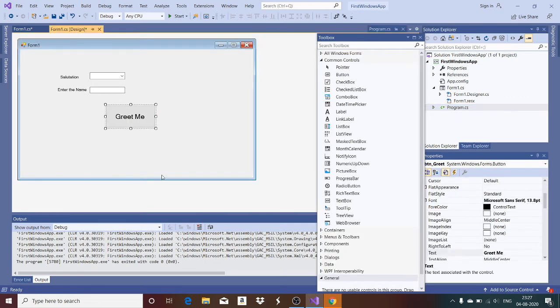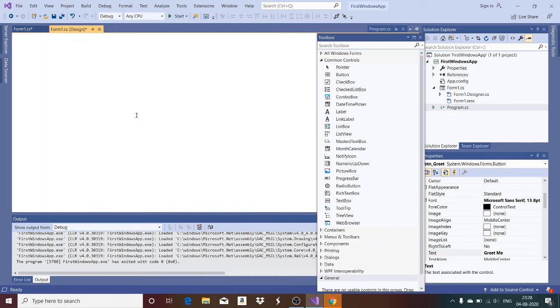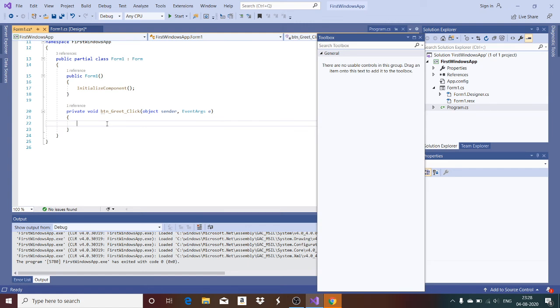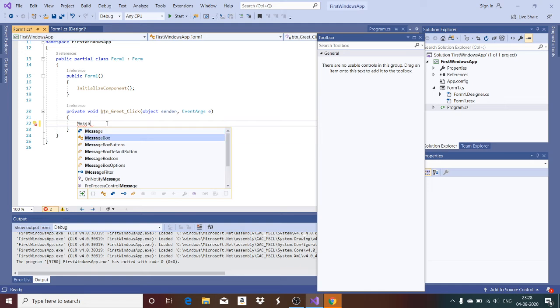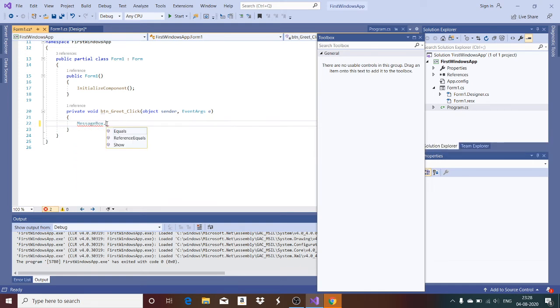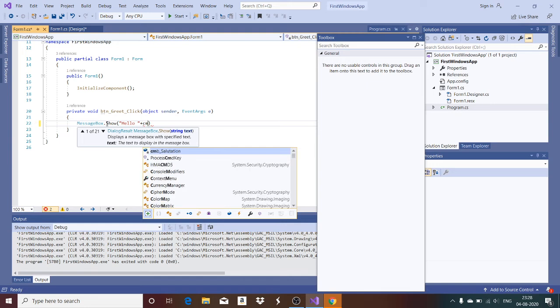I go to the design and I want to add the event handler. So I want to have code for the button click event. Double click on this. You can have a message box. I select a message box and I say show, and what I want to show, I just want to say hello, and along with hello I want to have the combo box value.